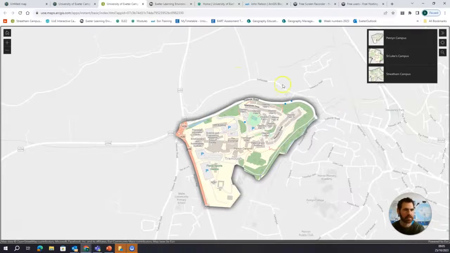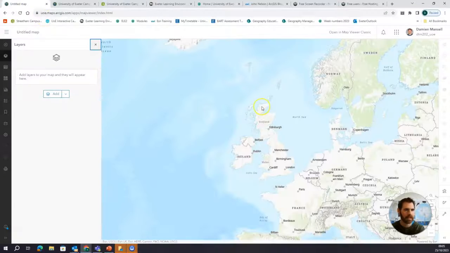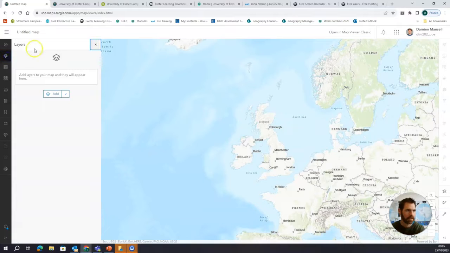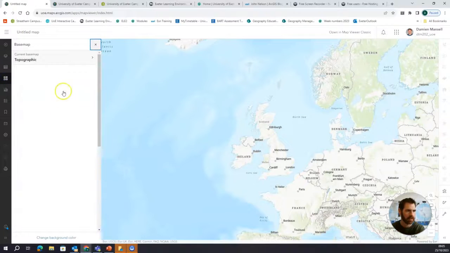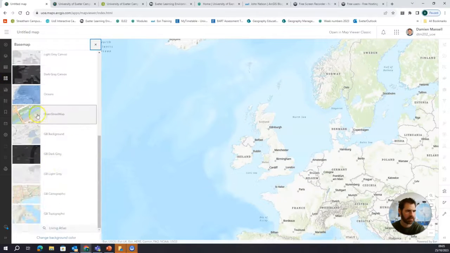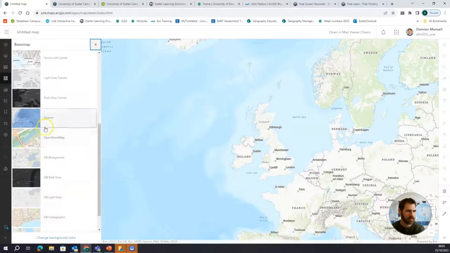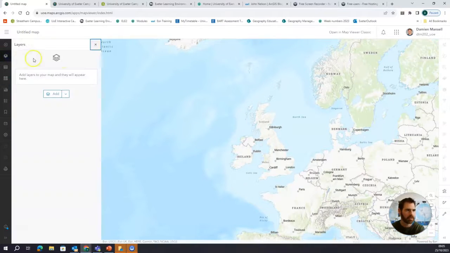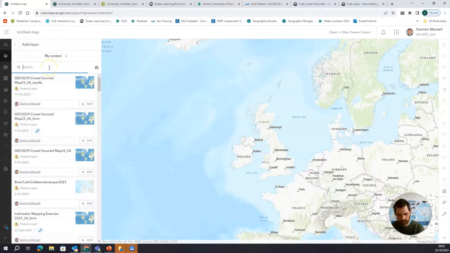Okay, so how do you do this? Well, you need to create a web map in ArcGIS Online. First thing to do is to set a basemap layer. Now you can use the existing basemaps. There's OpenStreetMap, for example. There's a light grey canvas, but I want there to be consistency between the two basemaps that I'm using. So I've gone into Vector Layer Editor and created my own version of OpenStreetMap,